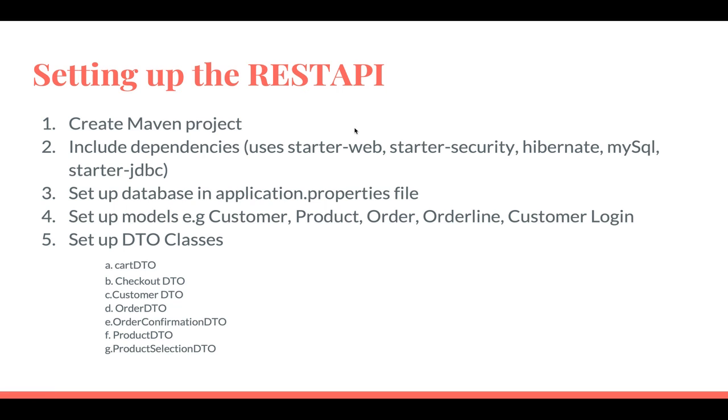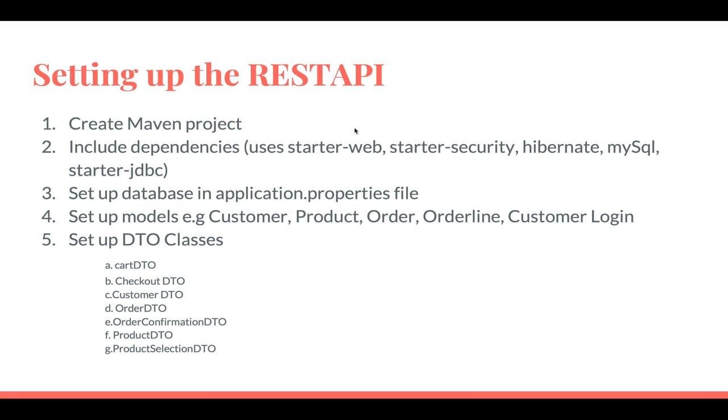So to set up the REST API, we did the following. I created a Maven project. I'll use spring.initializr.io to set up our dependencies, which included the starter web, starter security, Hibernate, MySQL, and starter-based JDBC. Now, Terry set up the database, and I included the URL and the credentials to the database in the application.properties